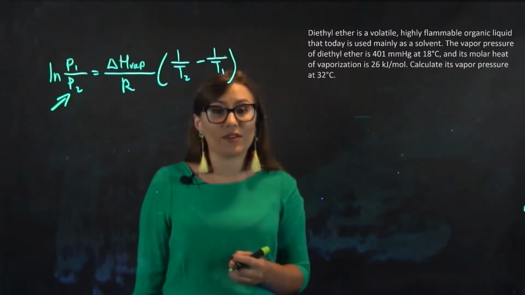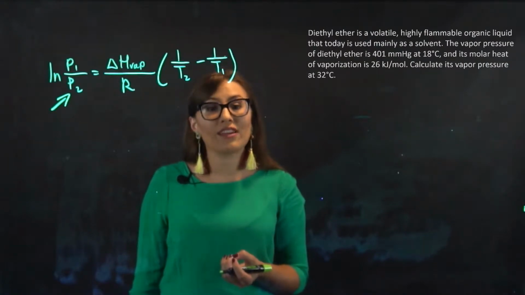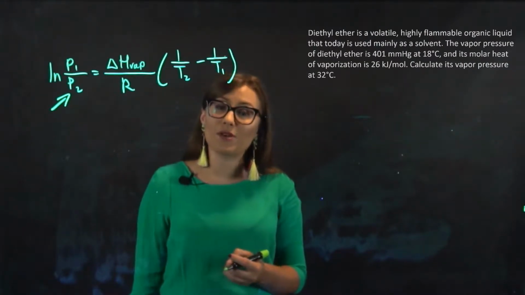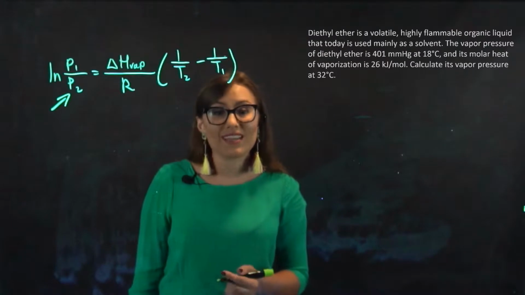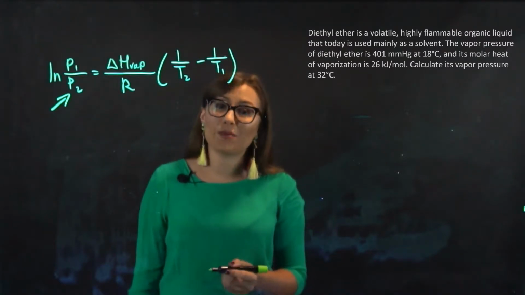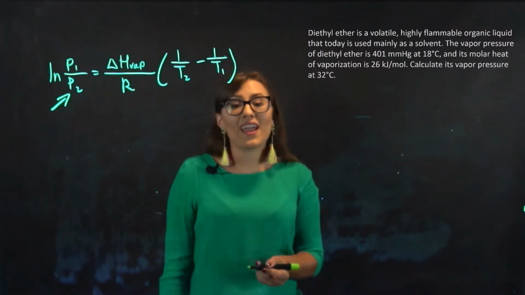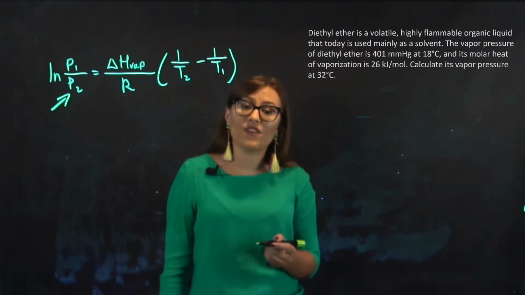The following problem states diethyl ether is a volatile, highly flammable organic liquid that is today primarily used as a solvent. The vapor pressure of diethyl ether is 401 millimeters mercury at 18 degrees Celsius. Its molar heat of vaporization is 26 kilojoules per mole, and the following problem states to calculate its vapor pressure